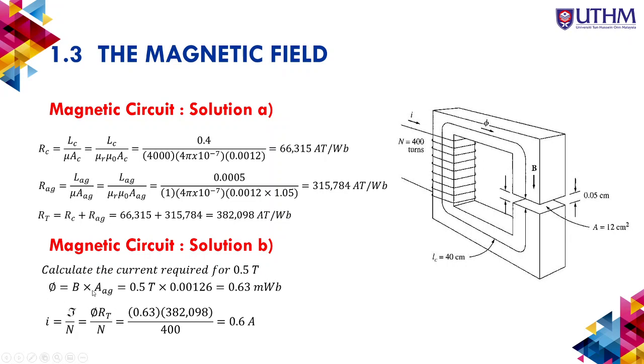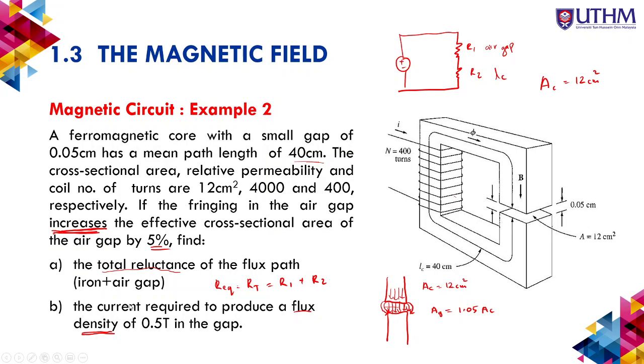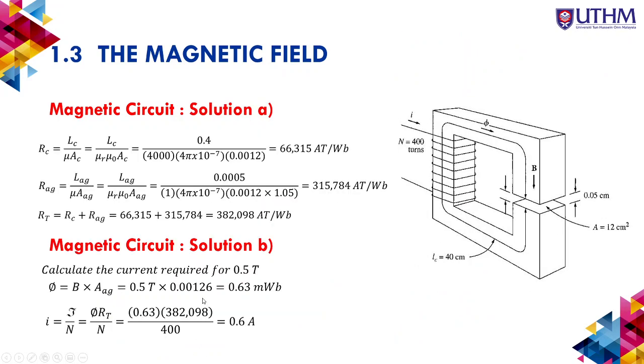Please remember we use the air gap's area. When they ask for the current required to produce a flux density of 0.5 Tesla in the air gap, this means it is the B air gap. B air gap and B in the core are different, but the flux is the same, the same as in the core. So B air gap times the area of the air gap gives you the